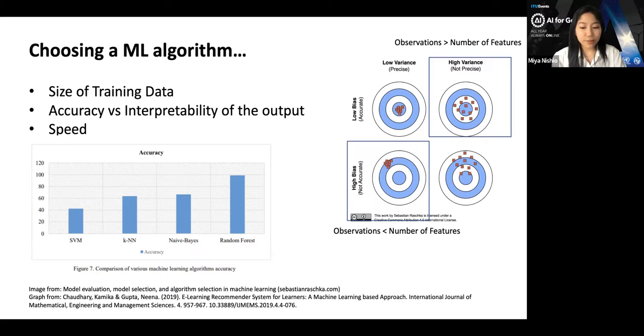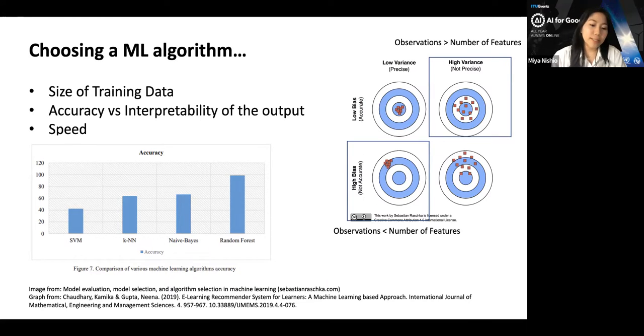So this is restrictive. But on the other hand, there are some algorithms that are considered flexible because they can create many shapes on the mapping function. So for example, if you have k nearest neighbors, where k is 1, then it's obviously incredibly flexible. So normally, if inference is the goal, then restrictive models are easier to understand. But if you are pursuing higher accuracy, then flexible models are obviously a little better.